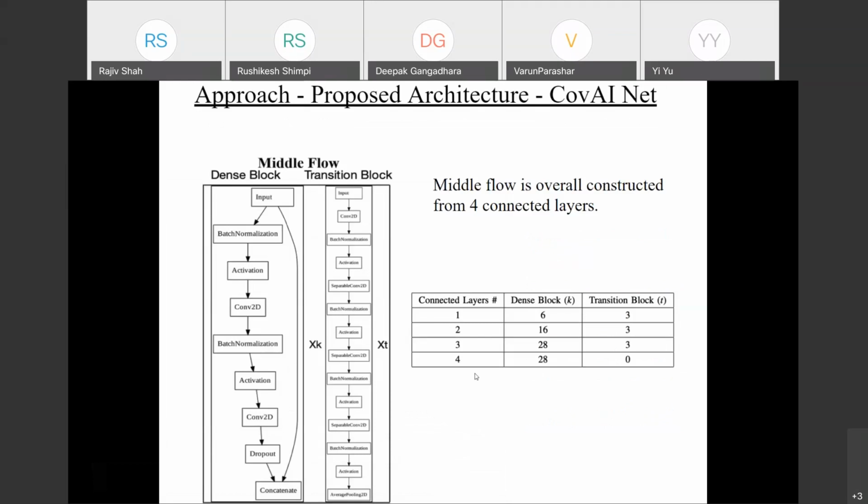DenseNet has been one of the state-of-the-art neural networks for visual object recognition. For each layer, the feature maps of all preceding layers are used as inputs, and its own feature maps are used as input in all the subsequent layers. The advantage gained by using DenseNet blocks was to alleviate the vanishing gradient problem, strengthen our feature propagation, encourage the feature reuse, and substantially reduce the number of parameters.